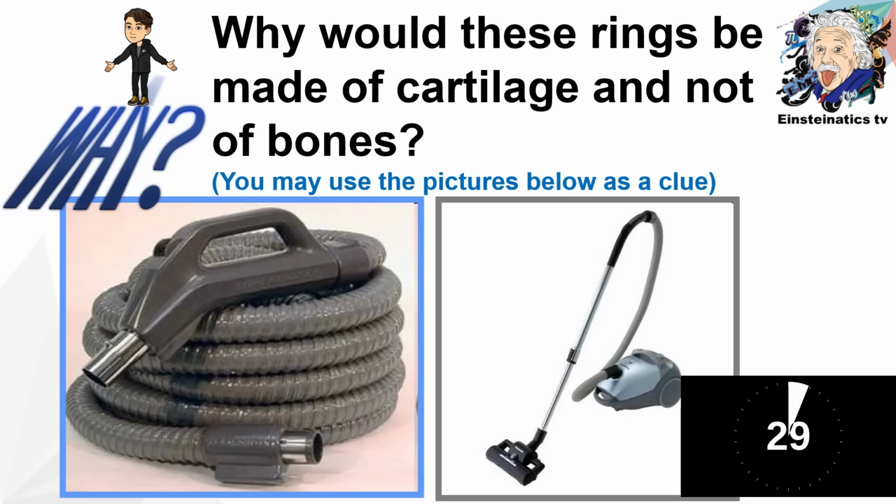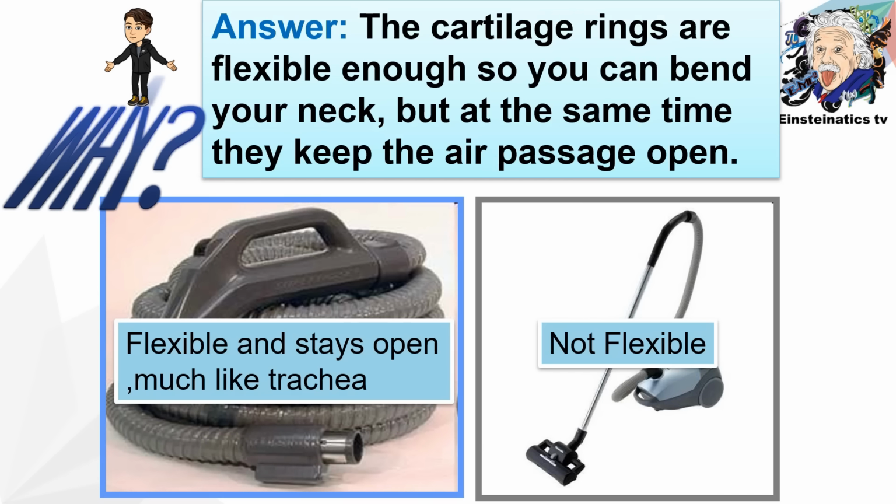Quick question for 30 seconds. Why would these rings be made of cartilage and not of bones? Why do you think tracheas are made of cartilage? You may use the pictures below as a clue. So here is a vacuum cleaner with two different or distinct structures. So you have 10 seconds. 9, 8, 7, 5, 4, 3, 2, 1, and time's up. The answer would be that the cartilage gives it the advantage of being